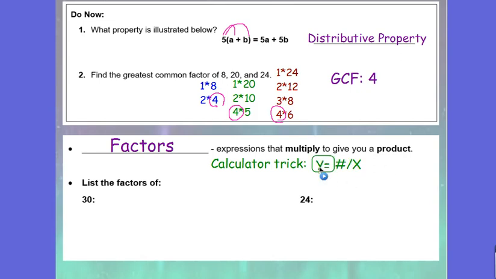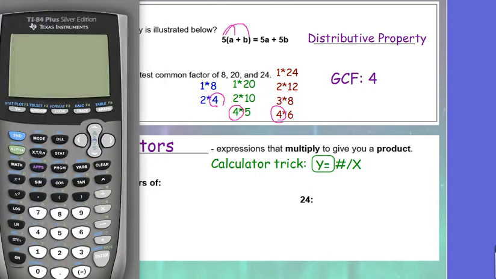If you go into y equals and you type in the number that you're trying to factor divided by x, we can cheat and kind of look at the table to get a list of the factors. So let's try this for the number 30. If I go to y equals and I type in the number that I want to factor, which is 30, and then divided by x,